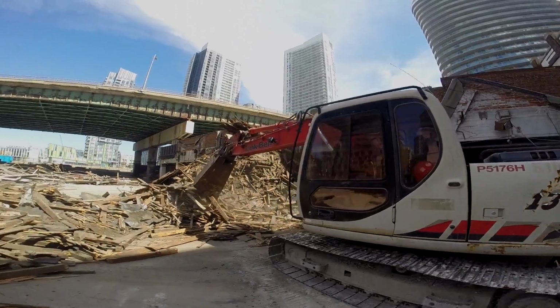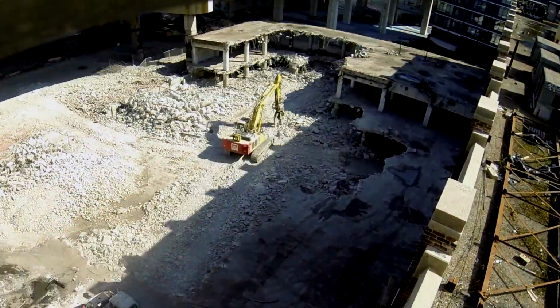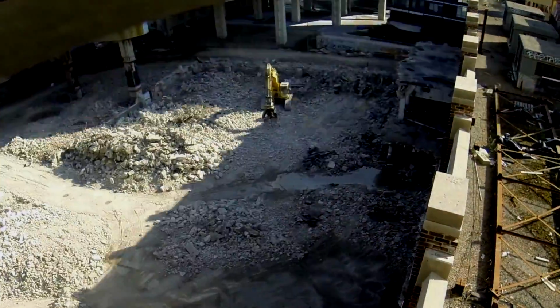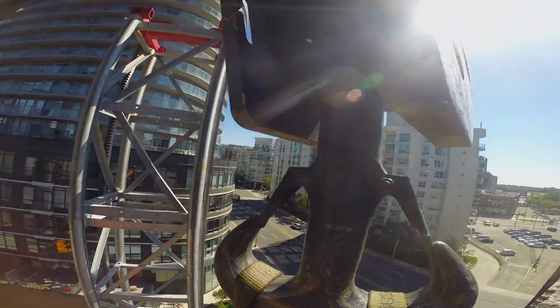We're almost done with the 1-story building. The 600 is coming next week. We're going to start chewing the floor above the basement, and after we're going to hit those 2-story buildings there where it's concrete. While the lower level buildings are attacked and the heritage stone salvage nears its end, another demolition